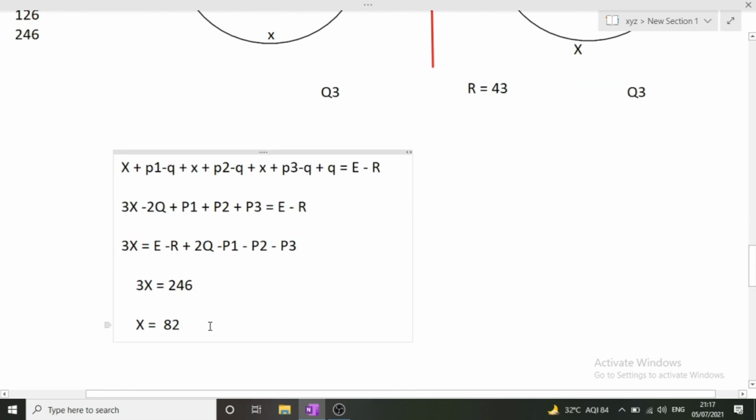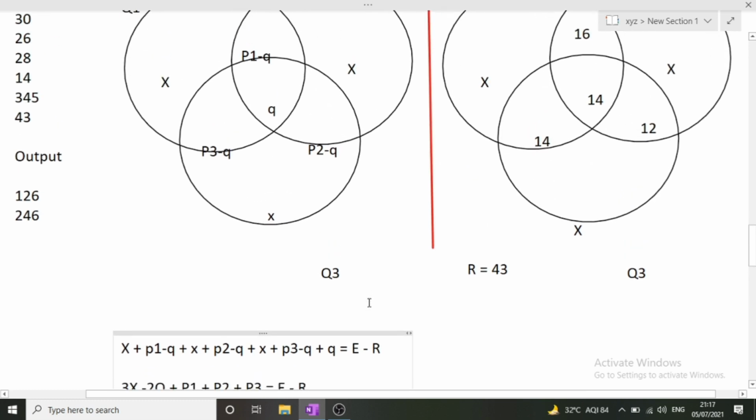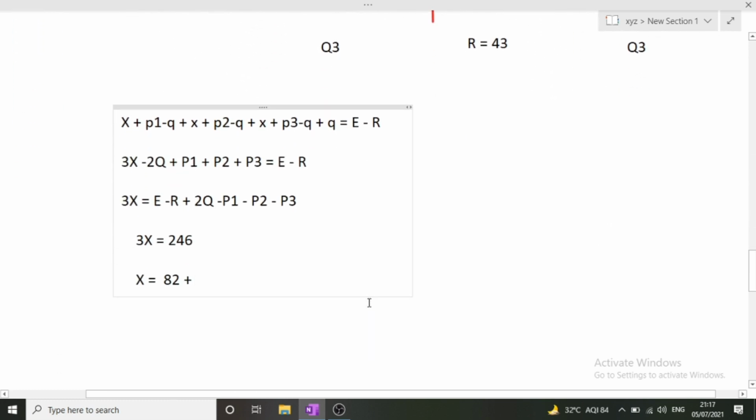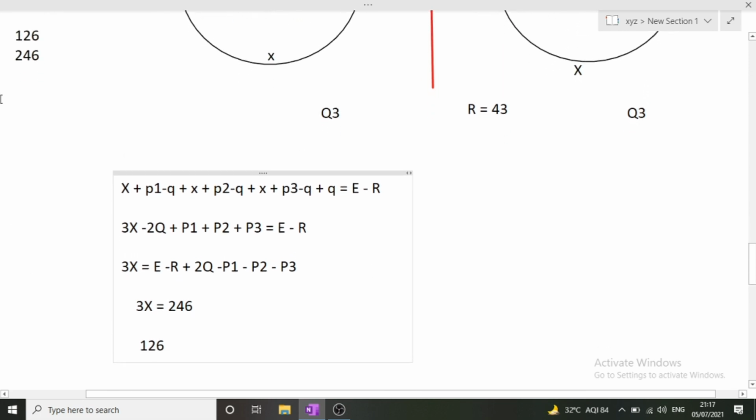Let's just solve it. X was 82. Now 82 plus 14 plus 14 plus 16, that is 28. 28 plus 10 is 38, plus 6 is 44. That will be equal to 44. We will simply do 126. Now our x value has become 126. No, sorry, not the value of x. It has become the answer 1. So you can see that answer 1 is 126.